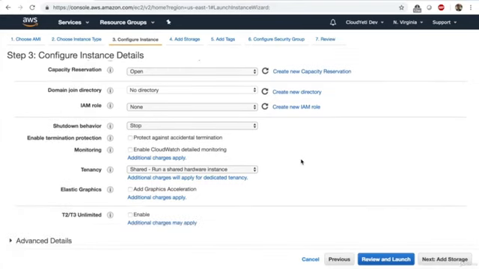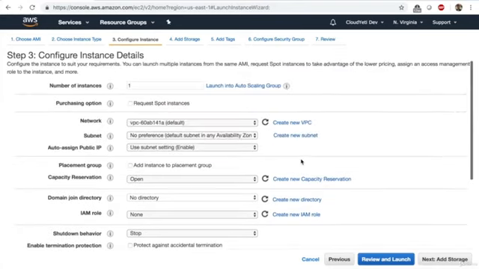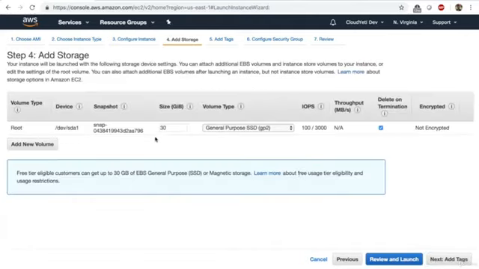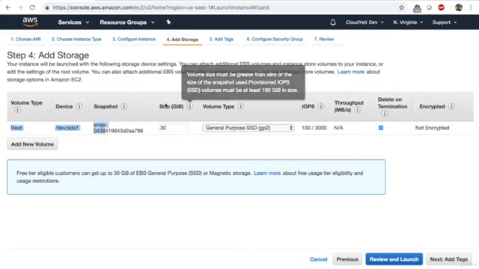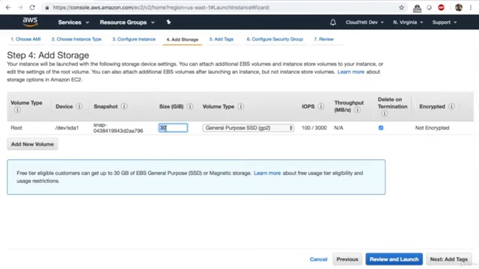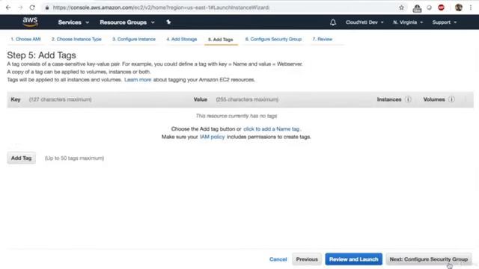We talked about these things in the last lab. I'm going to click on next, add storage. Now if you notice here, compared to last lab, the minimum size of the EBS volume that you can choose is 30 gigabytes, and this is because Windows is a bit larger than Linux. I want to say next, and